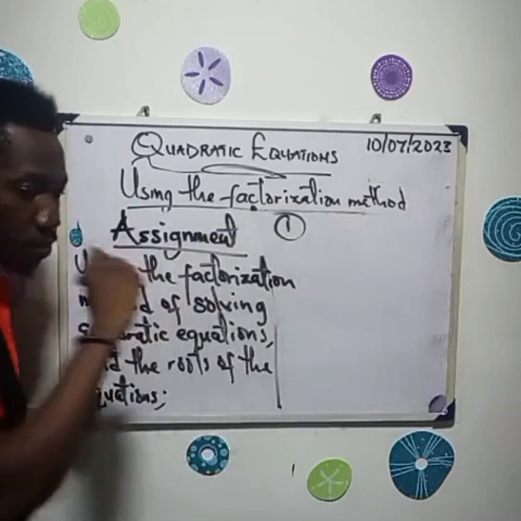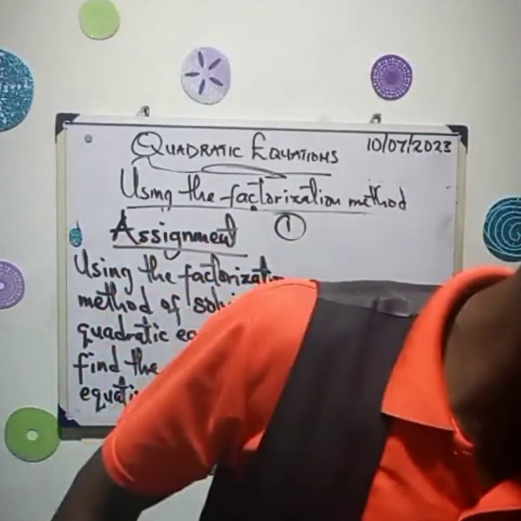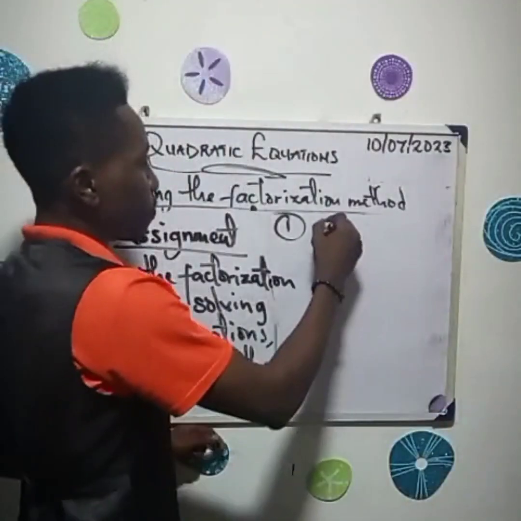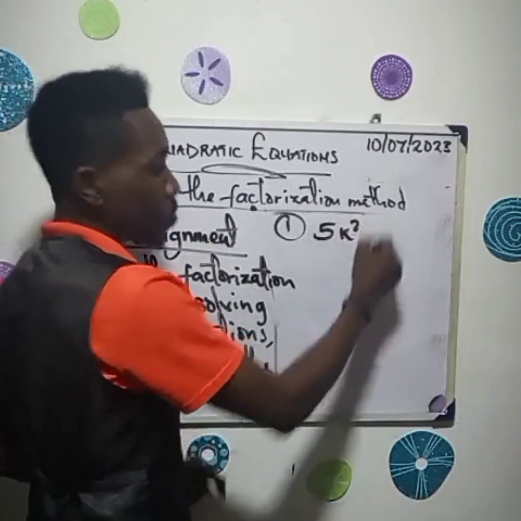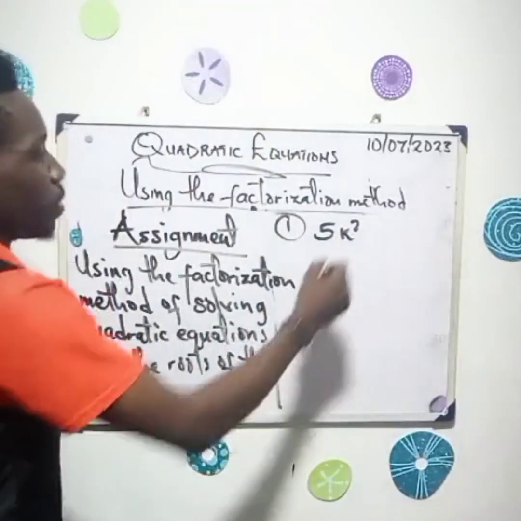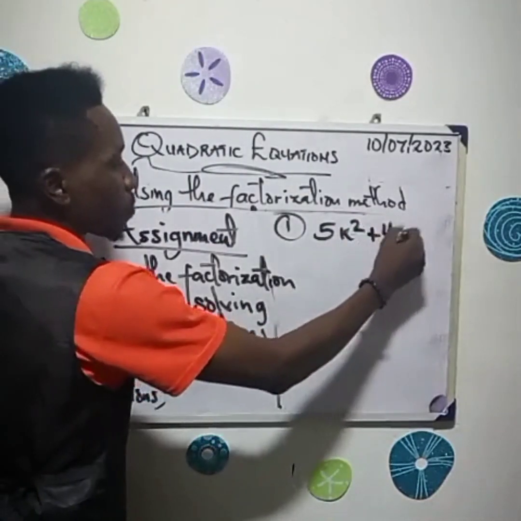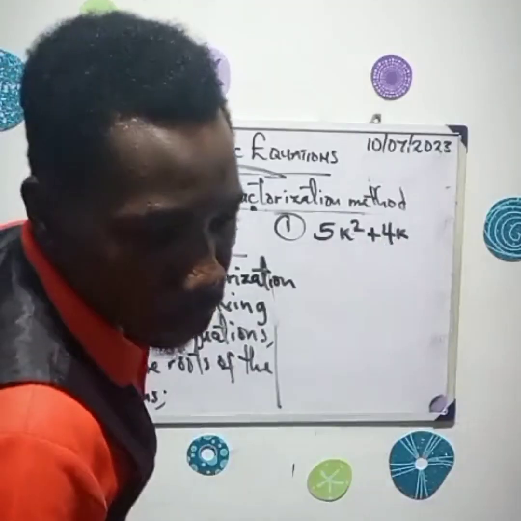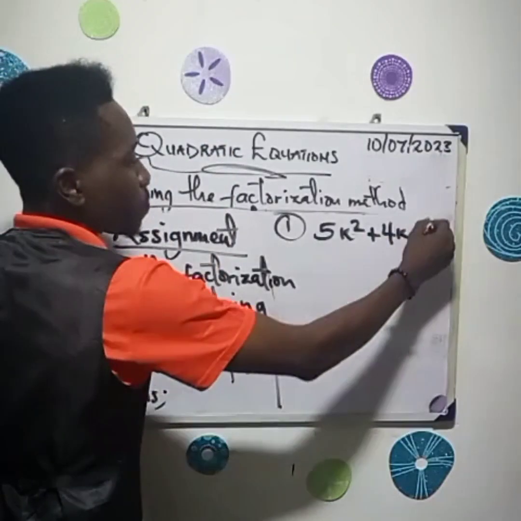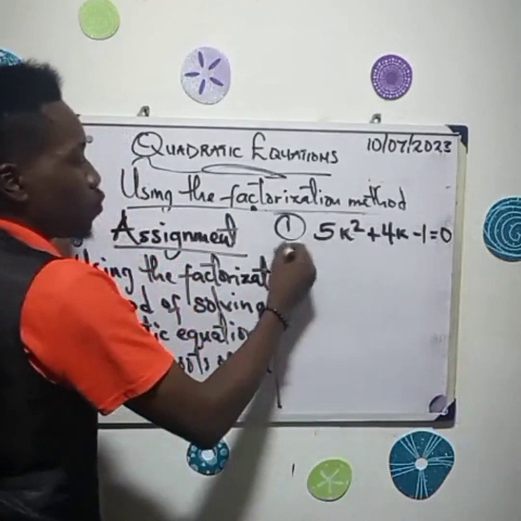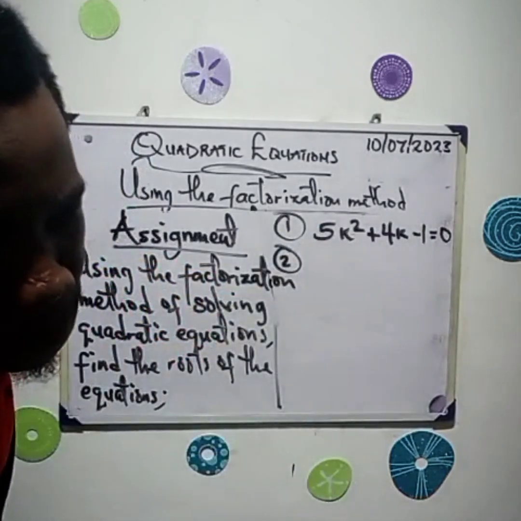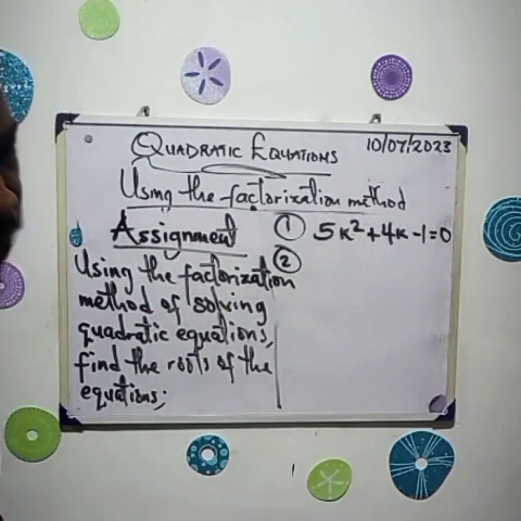Number 1, 5k squared plus 4k minus 1 equals 0. Number 2, x squared minus 5x